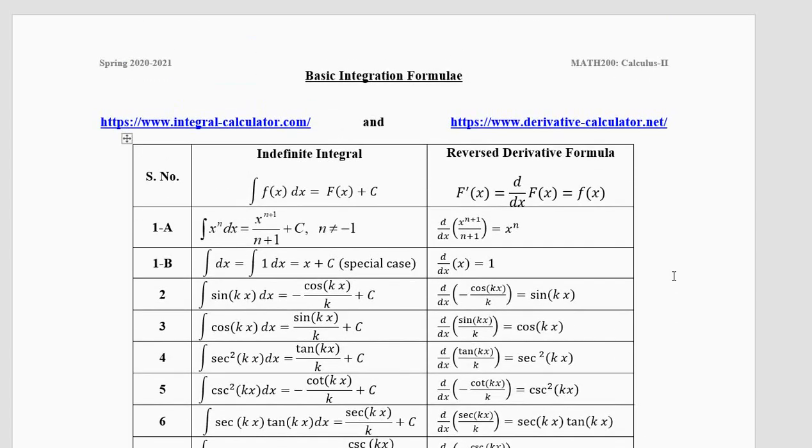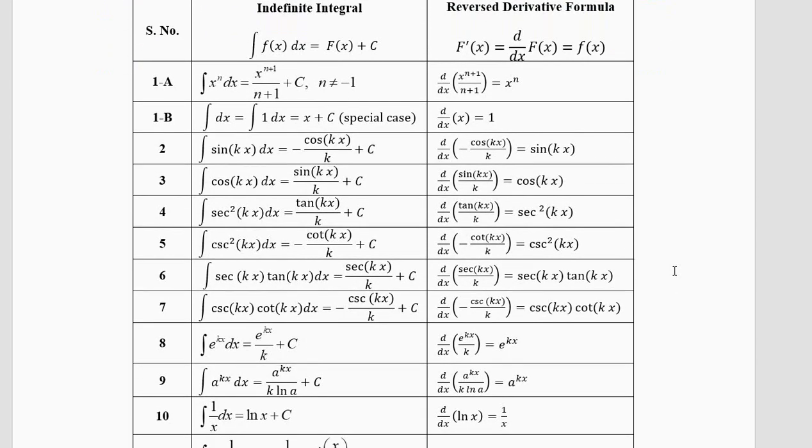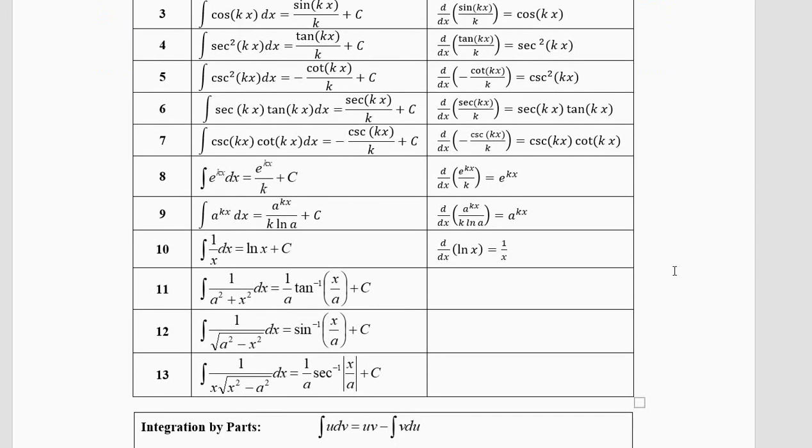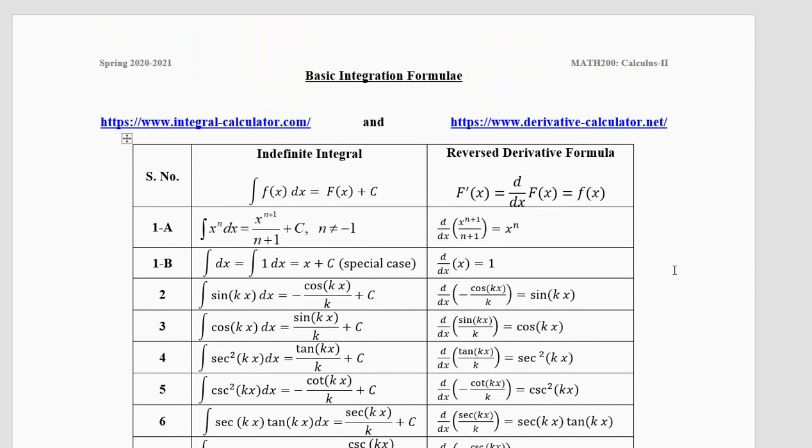So what we have done in this video is 13 formulae. 1A and 1B will be counted as 1, and we have 13 formulae. These 13 formulae are very important. Memorize them. You should be able to recall them immediately, very fast with accuracy. So just take a printout of these formulae, put them on your table, put them on the wall, put them on the door where you can see them regularly and frequently. That will help you to memorize.